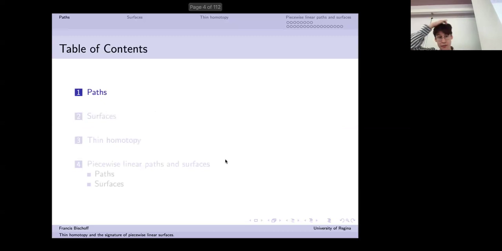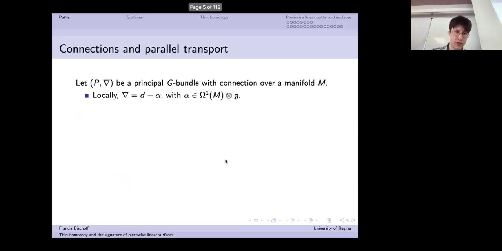Okay, and here's a table of contents. The talk has four parts: paths, surfaces. Paths will be review, surfaces will be an overview, and then I want to get into more details in the last two parts about thin homotopy and then piecewise linear paths and surfaces. Okay, so starting with paths and